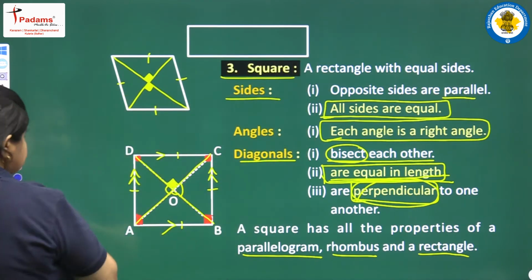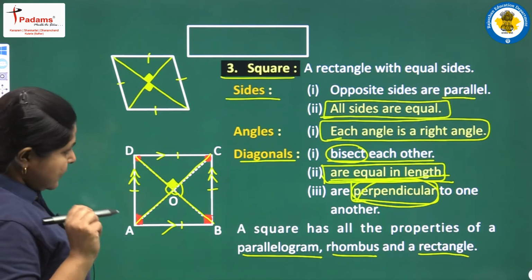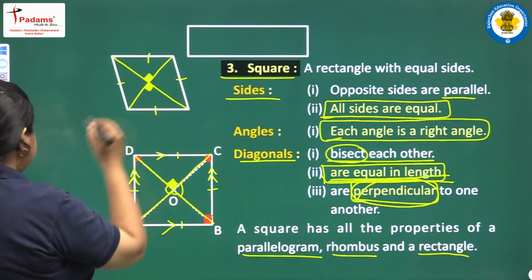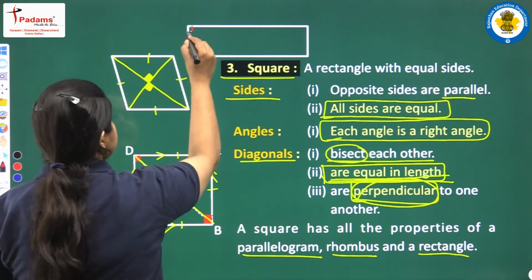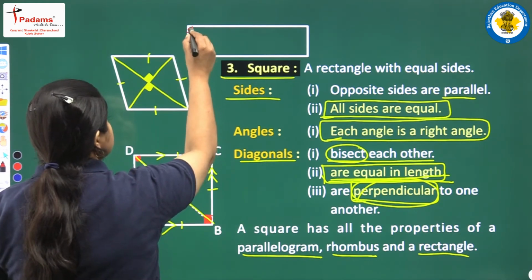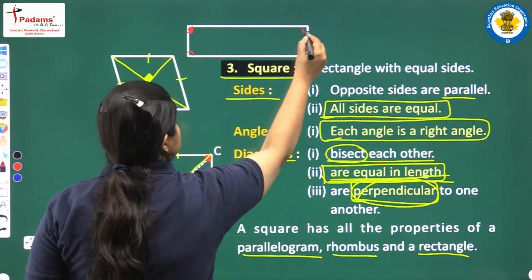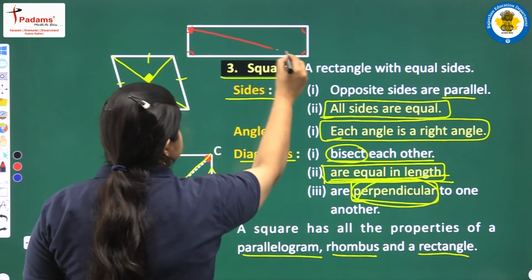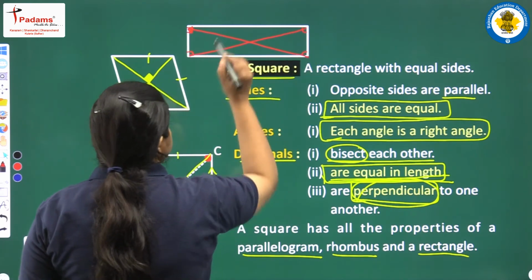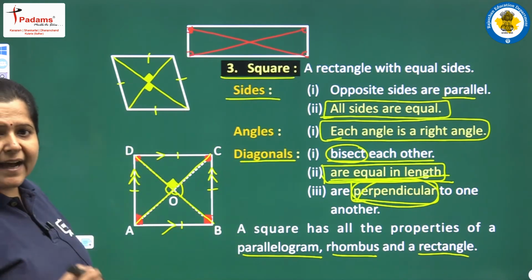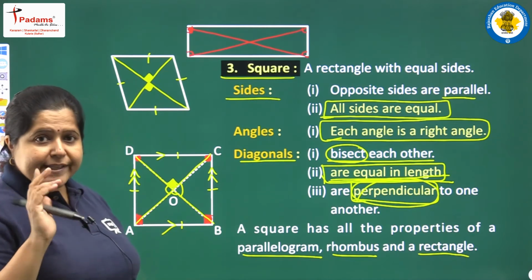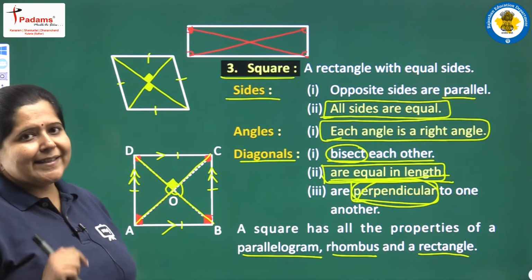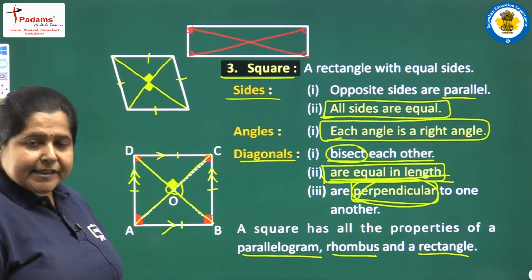This is a rectangle. What we find here is each angle of a square is 90 degrees, and similarly each interior angle of a rectangle is also 90 degrees. We just now discussed all these four angles are of 90 degrees, and the diagonals of a rectangle are equal as they are equal in a square. So, these two properties are similar in a rectangle and in a square. Is it clear to you?